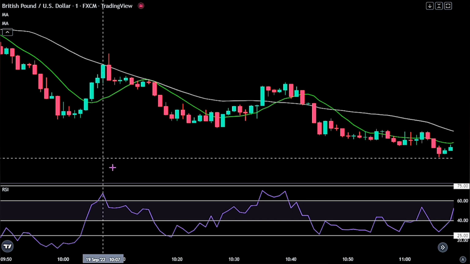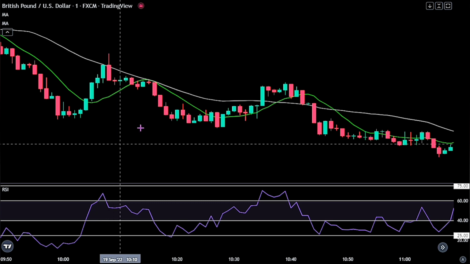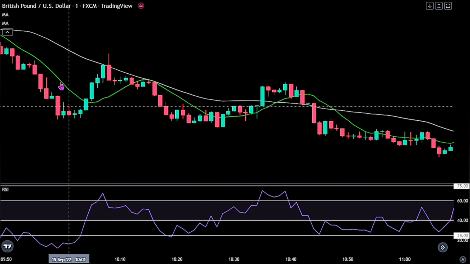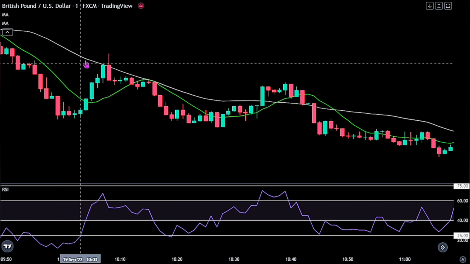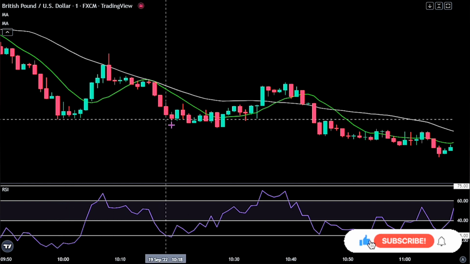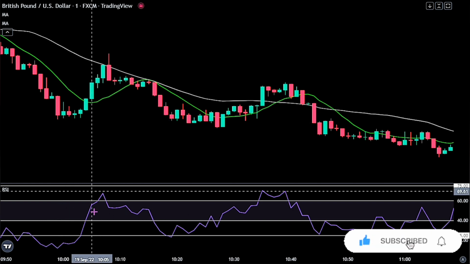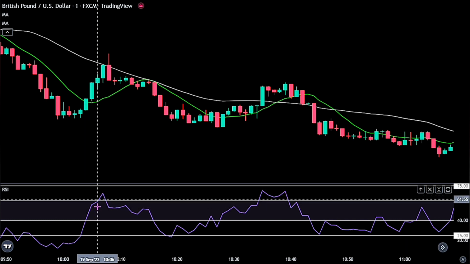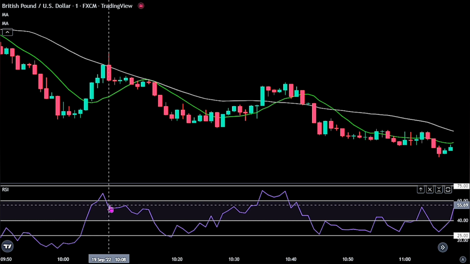Now for a sell trade to be valid, it is exactly the opposite of our buy entry. For a sell signal to be valid, we need to have the green moving average cross below the white moving average, as this is our first confirmation, as it confirms we are in a downtrend, and we would be entering trade whenever we see the RSI rise above the 60 RSI band line. As it falls and crosses below the 60 RSI band line, we would be entering our trade at the bottom